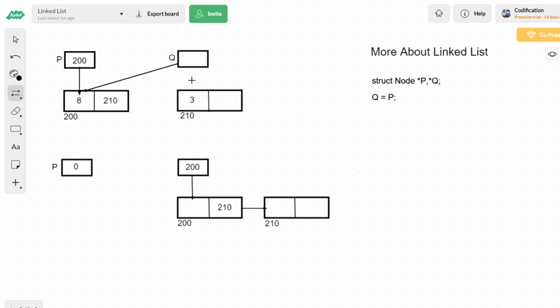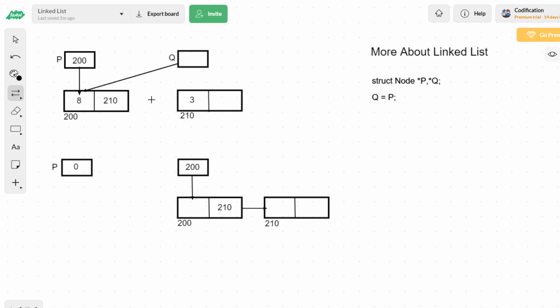What is the solution? You have to take the address of the second node and store it in the pointer q. How is it possible? Where is the address of the second node? The address of the second node is only available in the first node's pointer to next node part. In this member only, the address of the second node is available.